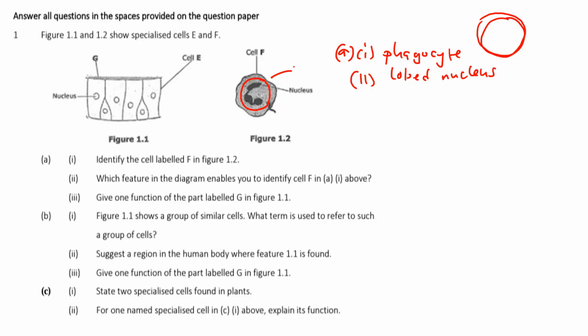What is the function of the part labeled G? So the part labeled G is the cilia. What is the function of a cilia? So the cilia beat